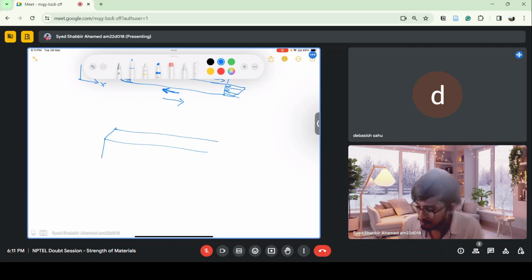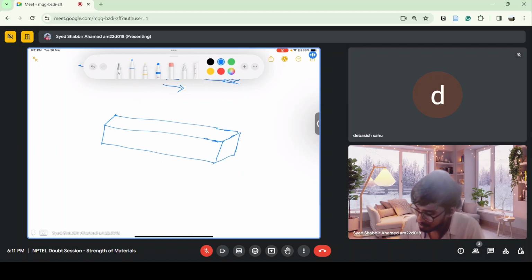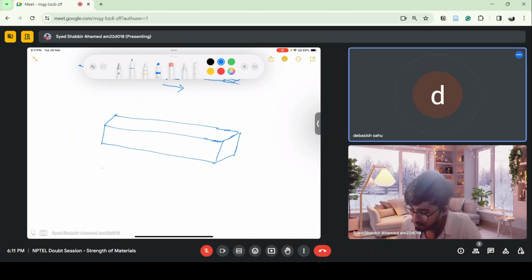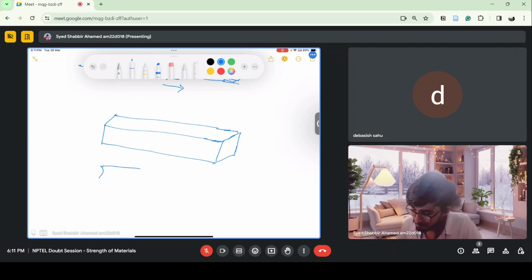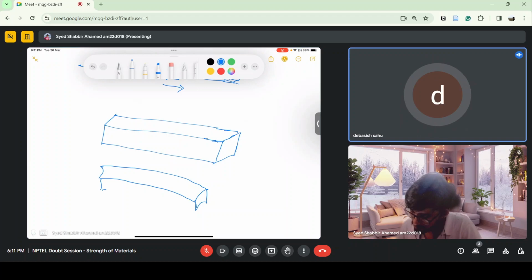I'll draw a figure. This is a beam. If the beam bends like this, an anti-elastic curve is generated. The below portion of the beam is contracted and the upper portion bulges out, enlarged. So if we take the horizontal section, sorry, vertical section,